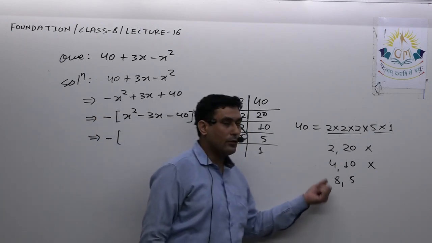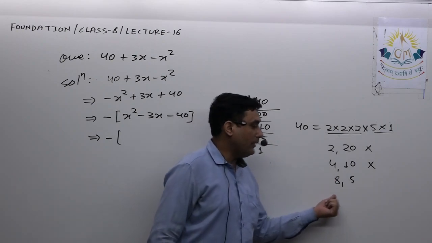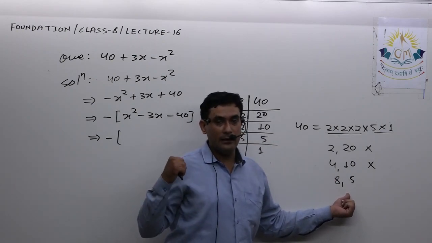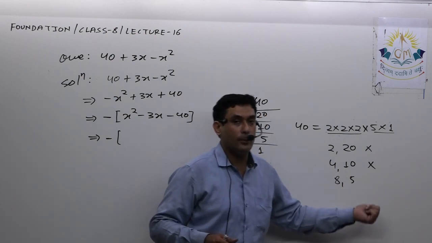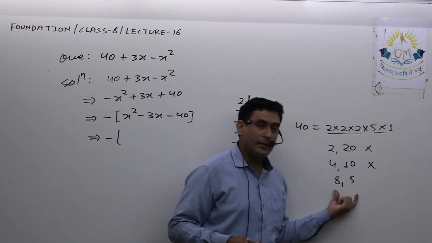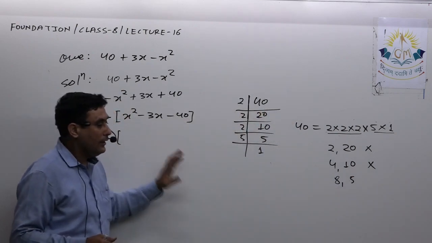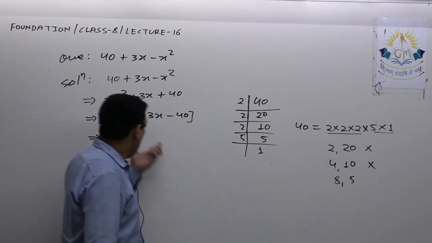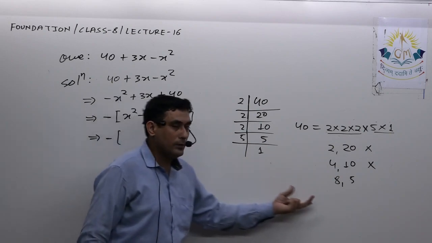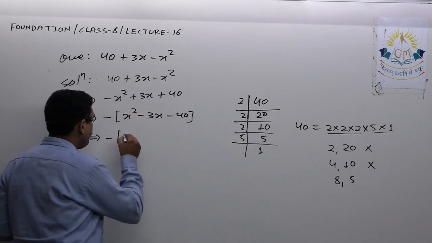That means the larger quantity must be negative. Also we can say if I do 8 minus 5, I will get 3. So definitely I have to do minus 8 plus 5, and if I add them I will get 13, which is not possible because here I am getting minus 3. So what I mean to say is that there is more than one way to identify which two terms are the perfect combination to split the middle term.